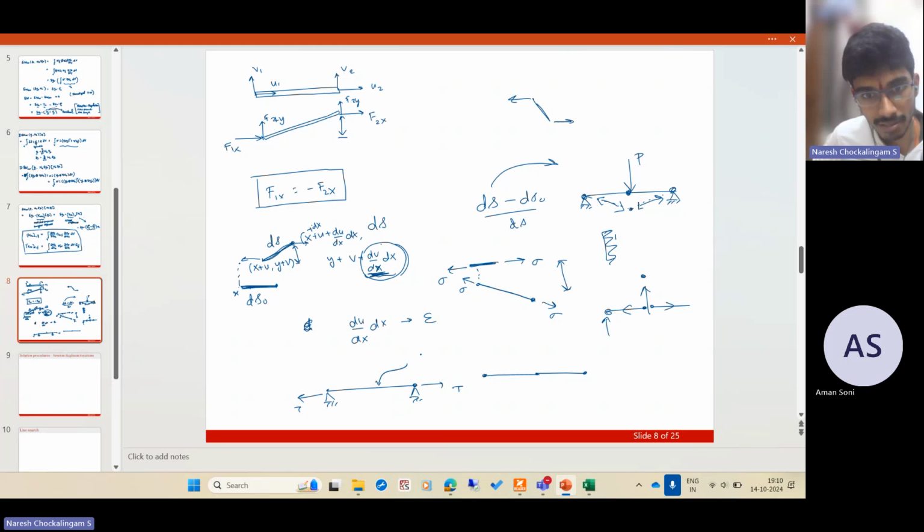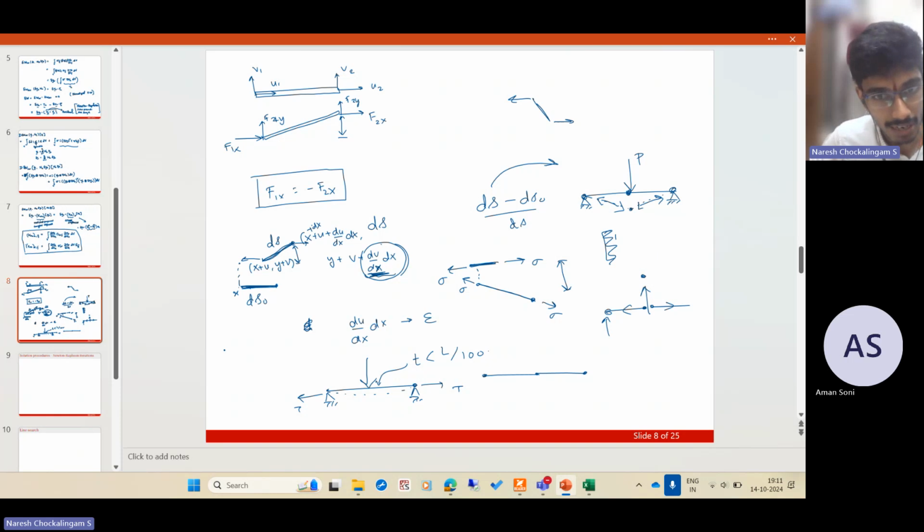Suppose the cable's EI is very small, so the thickness of the cable can be less than the length by 100. Now, if you apply a vertical force here, this will obviously deflect. But if you just treat it with beam theory, if you just look at it as a beam, the deflection will be of